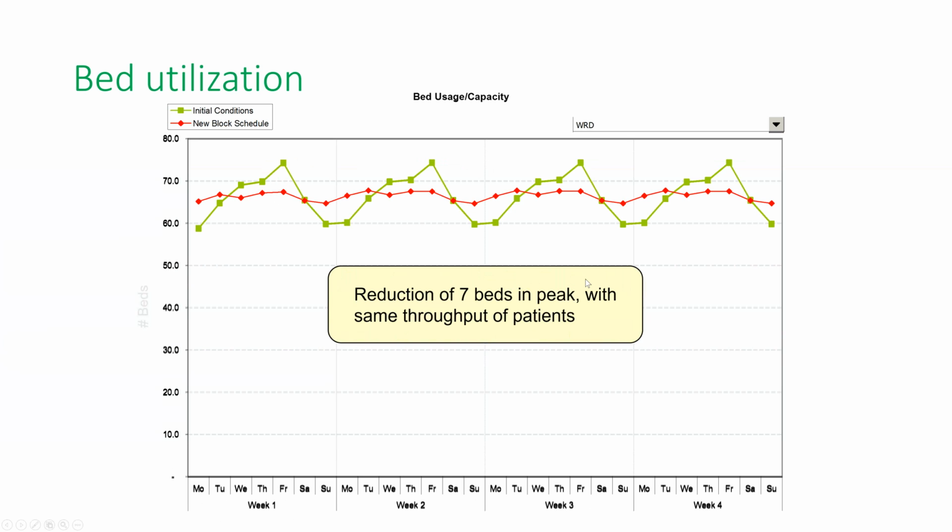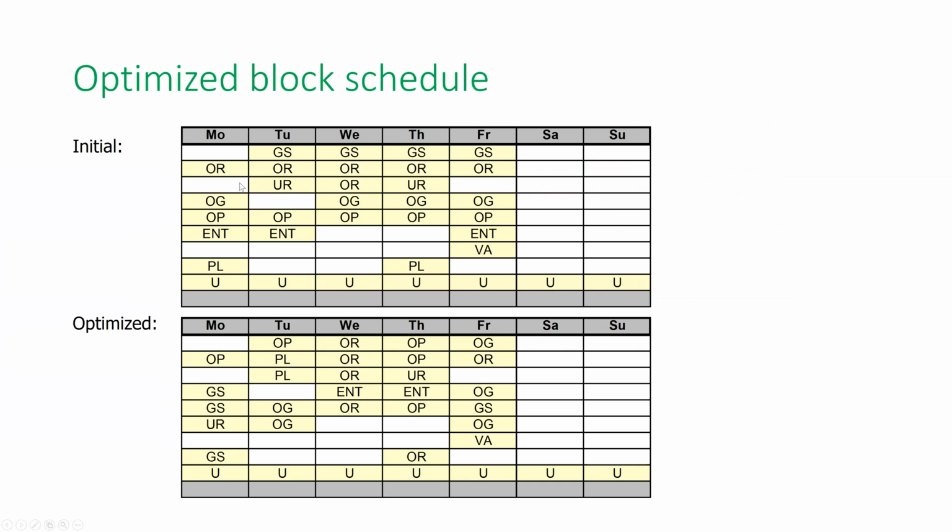in different places. Let me show you the initial block at the top and the optimized block at the bottom. If you look at it, you won't see any difference in terms of operations done. The only thing is where the blocks are, because some surgeries are more compatible than others. So, for example, if you put a cardiac surgery on Monday,